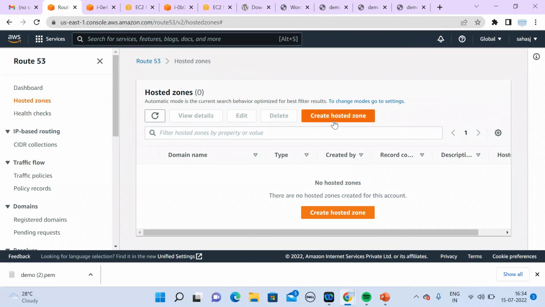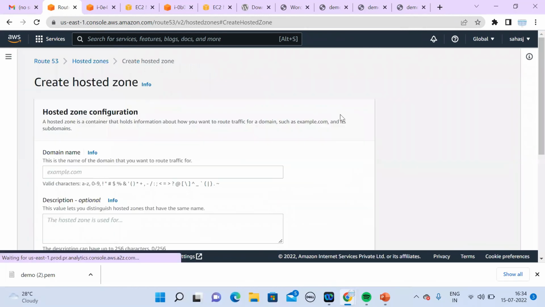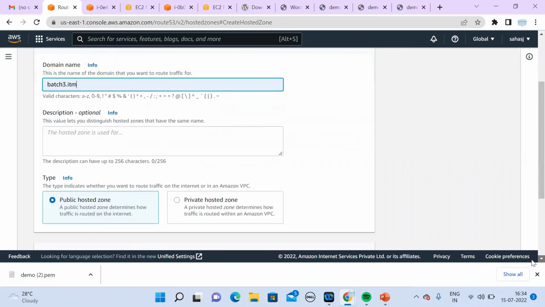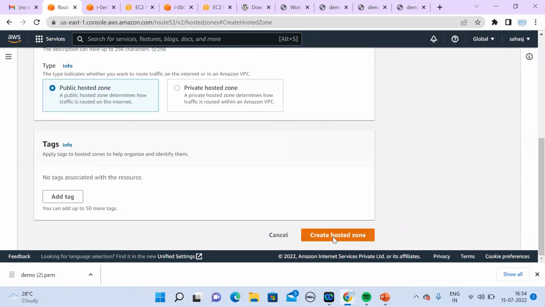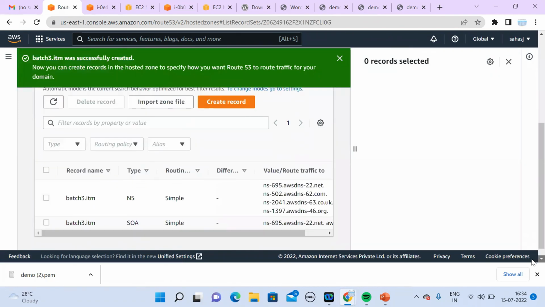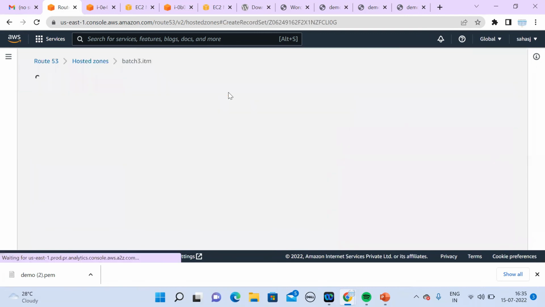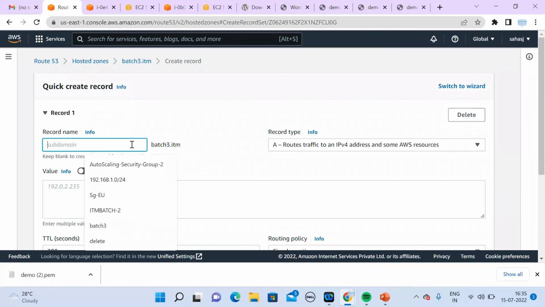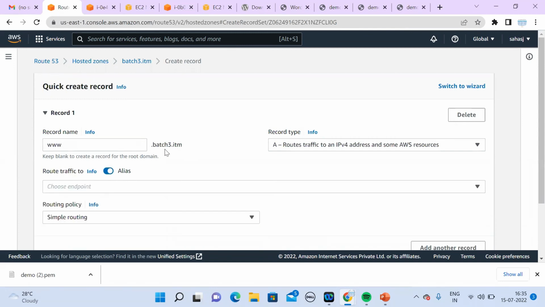So here you need to create a hosted zone. For example, before that you need a domain name. You have to purchase a domain name. For example, this batch.itm. And create a record. For example, www dot this. Yeah, this is your domain name,